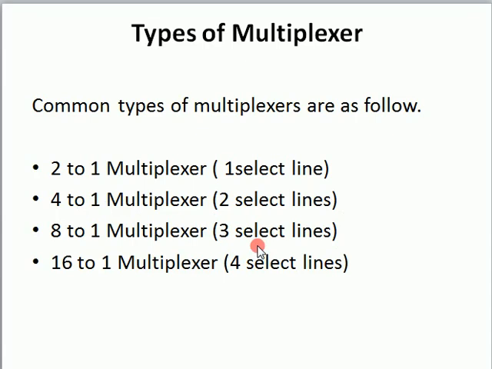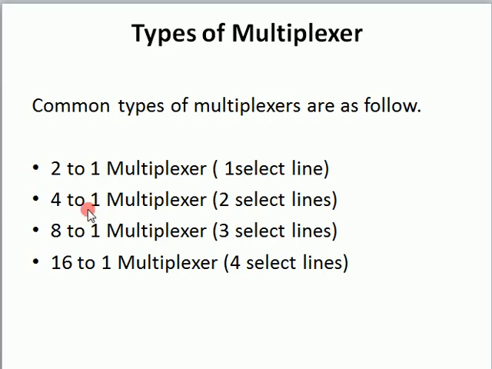Now we will see the types of multiplexers. The most commonly used types are, first, the 2 to 1 multiplexer, in which 2 represents the input lines and 1 represents the output line. What will be the selector line, or control signal, here? We have 2 raised to the power n, where n is the number of selector lines. So here 2 raised to the power 1, that's why the selector line or control signal is 1.